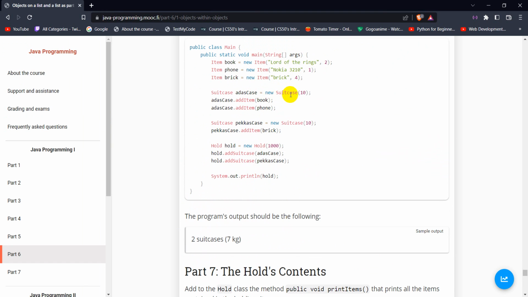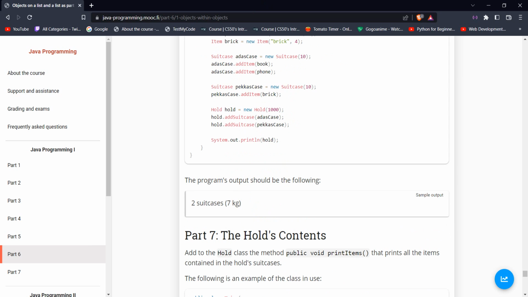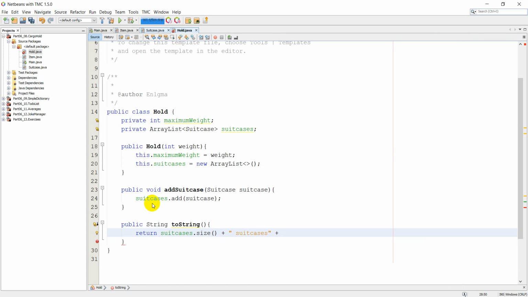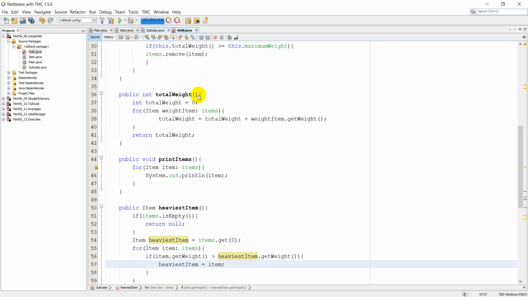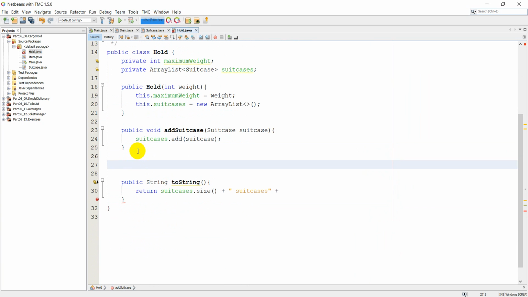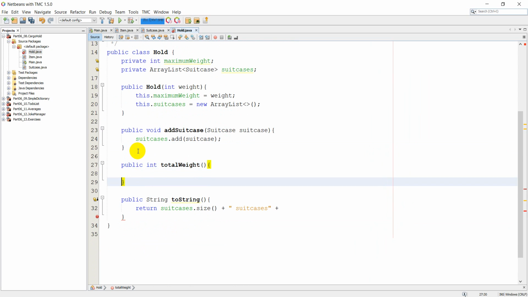We have Ada's case equals new Suitcase(10). We are adding Ada's case, book and phone, so the total weight is 3. Also Pekka's case, and that's brick, 4. So Ada's case and Pekka's case, and we're getting total weight. In order to calculate that, let's create another method for calculating the total weight of the suitcases as well. So how are we going to get that? We can simply call a public int totalWeight method, and what it does is it simply calculates